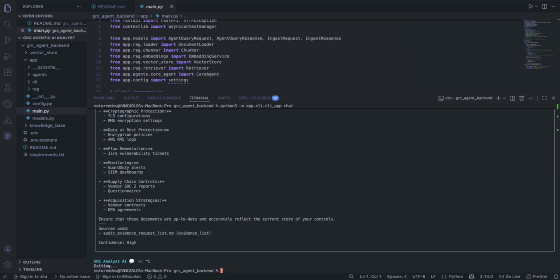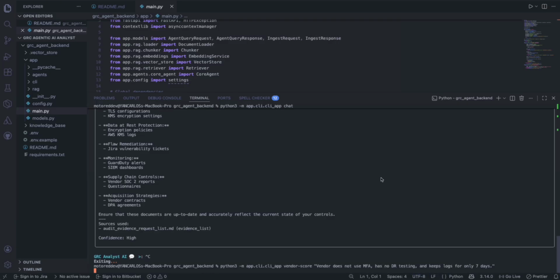And now for one of our powerful features, I'm going to show you the vendor security scoring. This is something that every GRC team does manually today: reviewing vendor questionnaires and trying to understand their risk level, which can take a long time. So with this, after ingesting all the data, we just run the Python script, and then enter the input: the vendor does not use MFA, has no DR testing, and keeps logs for 7 days. And once we enter that,